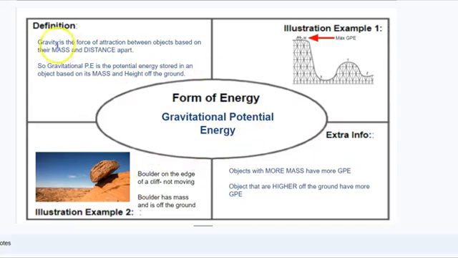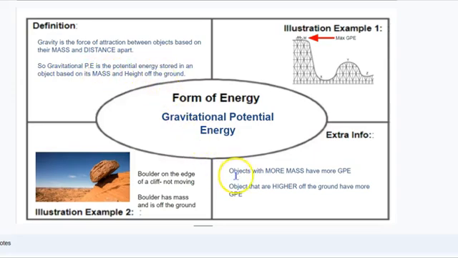So in the upper left-hand quadrant, the definition of gravitational potential energy is: gravity is the force of attraction between objects based on their mass and distance. So when I say gravity, you say mass and distance. Are you ready? Gravity. Gravity. Gravity. So, gravitational potential energy is the potential energy stored in an object based on its mass and height off